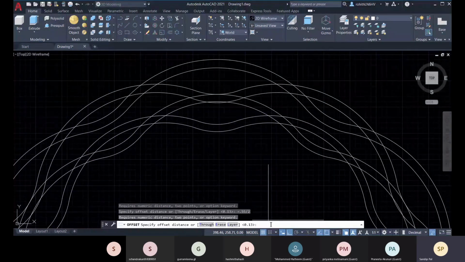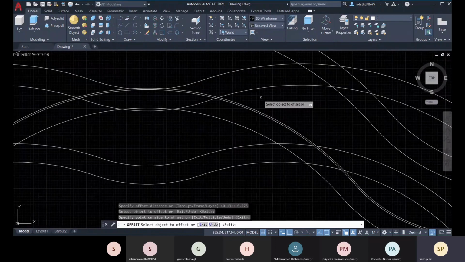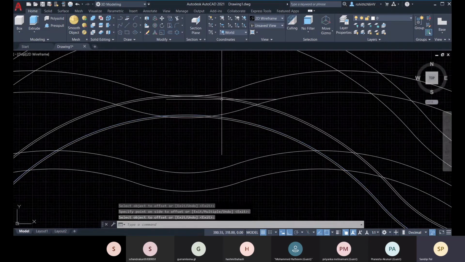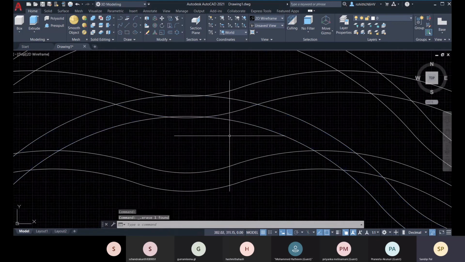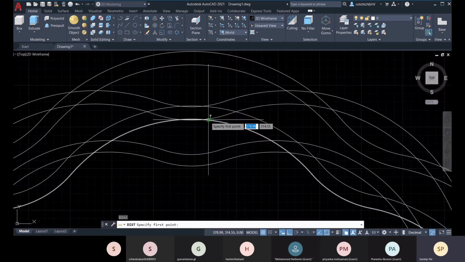So let me just calculate the exact value. 0.275. So select this. Delete it and delete the inner one as well. Okay, so right now we can check the distance.